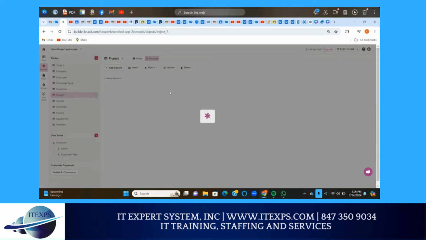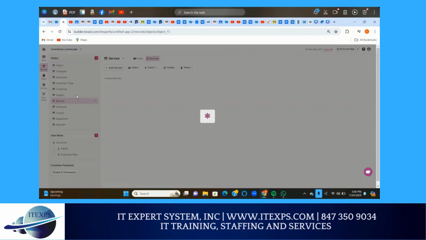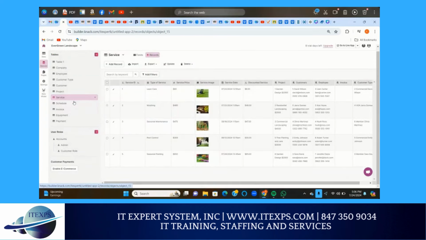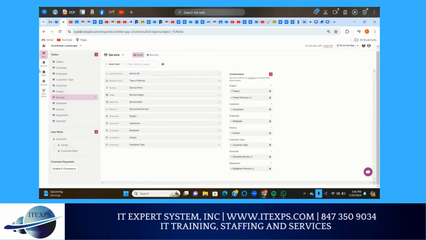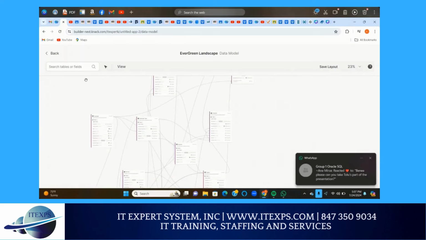And we also have various projects we're running, the garden design and the others, as well as services, schedules, as seen here. And we created connections with the various tables, showcasing one-to-many relationships, as well as many-to-many relationships, as seen in the ERD that we saw before and in our data model.